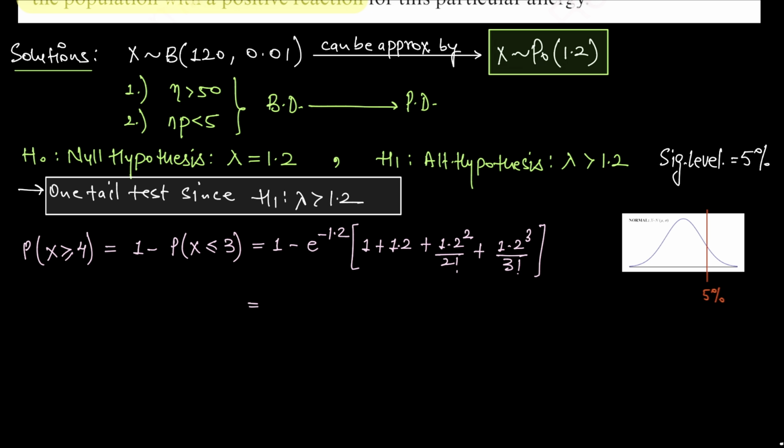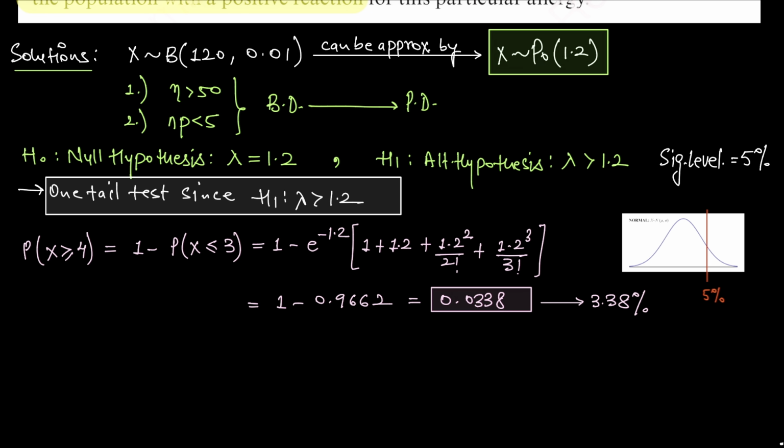Let's calculate the final value for the given expression, and this becomes 1 minus 0.9662. On solving this, we get the final answer as 0.0338. When we convert this expression into percentage, we get the answer as